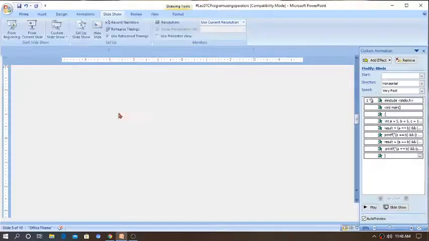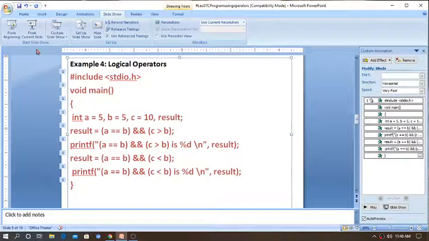In the previous session I explained how to write your first C program and execute it, with simple programs: how to add numbers, how to multiply two numbers using the integer data type, and how to build a calculator that performs numerical operations like addition, subtraction, division and multiplication. Today we are going to continue with simple programs using the operators and execute them also.